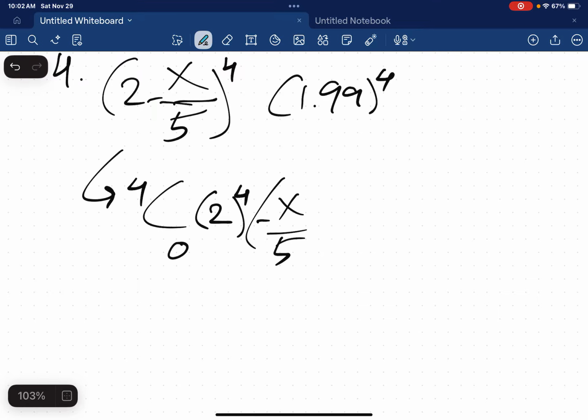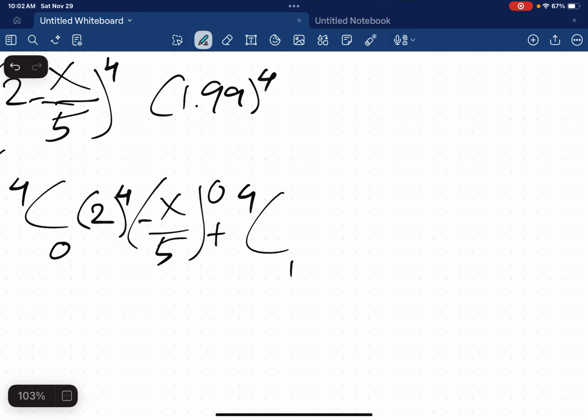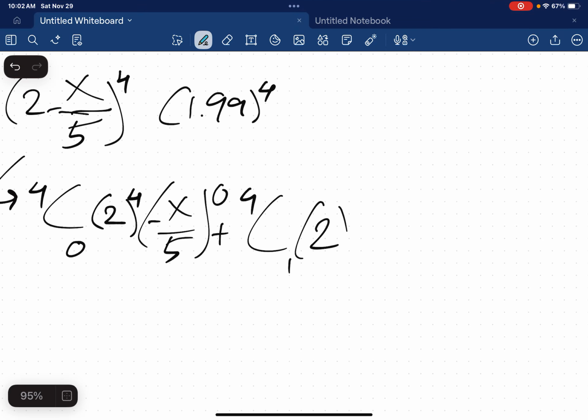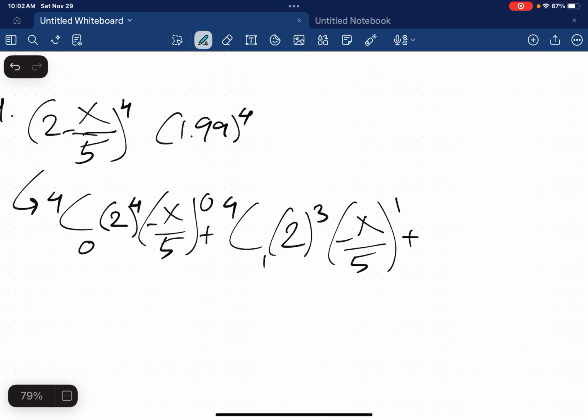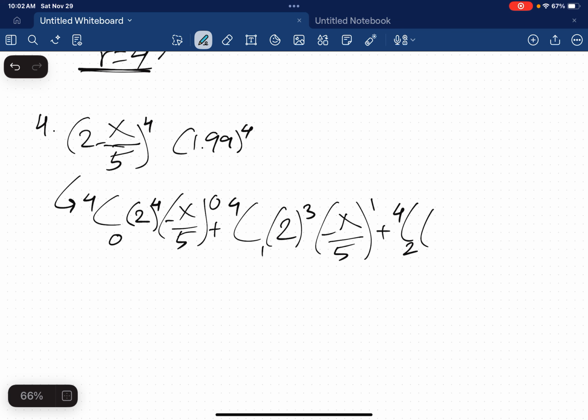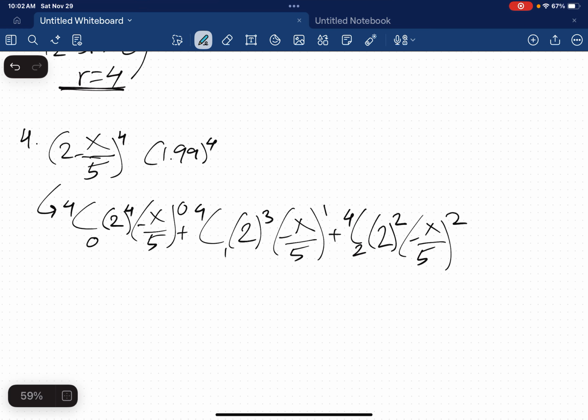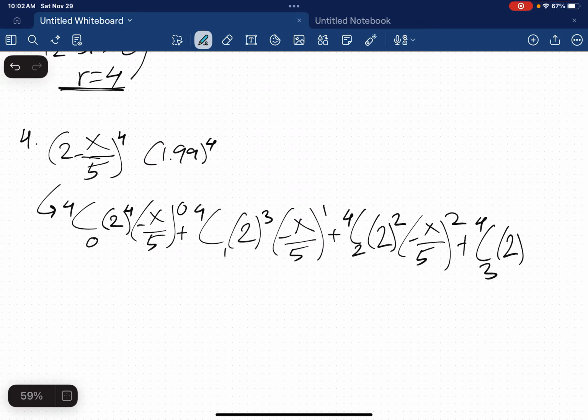negative x divided by 5 to the 0, plus 4 choose 1, 2 to the 4 minus 1, 3, negative x divided by 5 to the 1, plus 4 choose 2, 2 to the 2, negative x divided by 5 squared, plus 4 choose 3, 2 to the 1, negative x divided by 5 cubed,